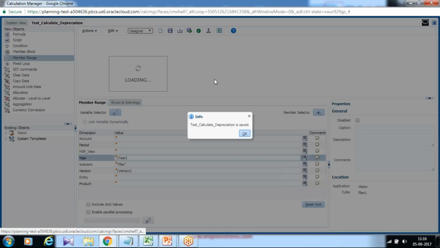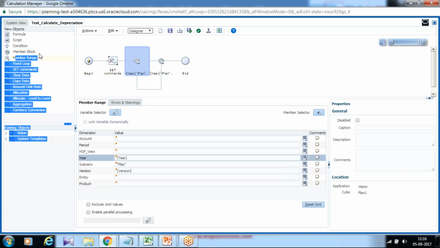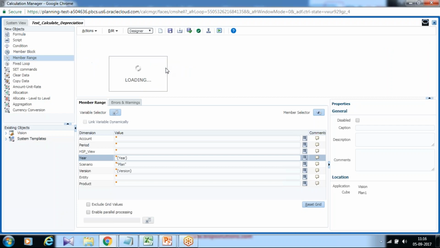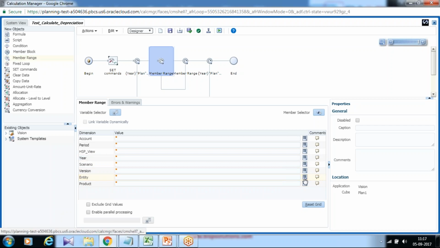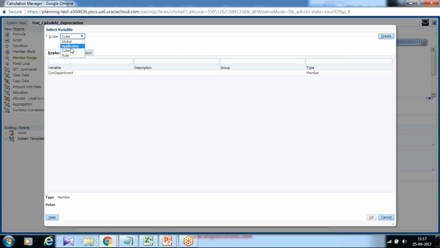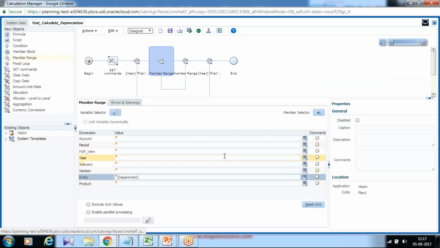Under this fixed expression, I also like to apply another nested fixed expression because I want this whole calculation to take place for a specific entity, which is called no entity, and no product. The depreciation is not specific to any entity by default and not for any product. So you select entity, which is your variable, which is department, and 000 is the default value, which is called no department.